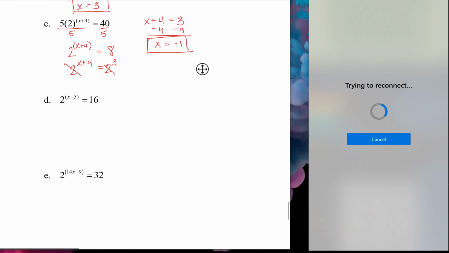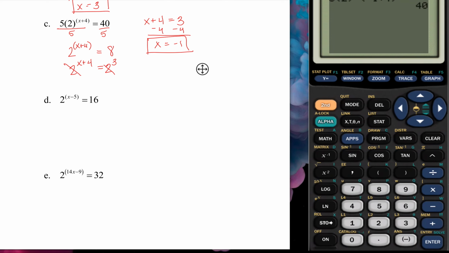All right, D, we have 2 raised to the power of x minus 5 equals 16. The only thing I have to do for this one is change that 16 to a base of 2, right? So again, if you don't know it, we know 2 raised to the power of 3 is 8. So I'm going to say in the next one, 4. Of course, I get 16. So I get 2 raised to the power of x minus 5